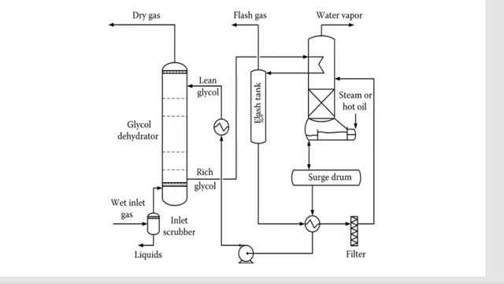In this flash tank, we decrease the pressure, and some hydrocarbons release, and we use it. This hydrocarbon, we use it as fuel for the operation of this plant. Okay. After that, the rich glycol leaves the flash tank